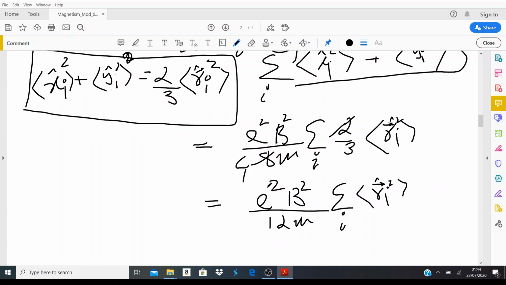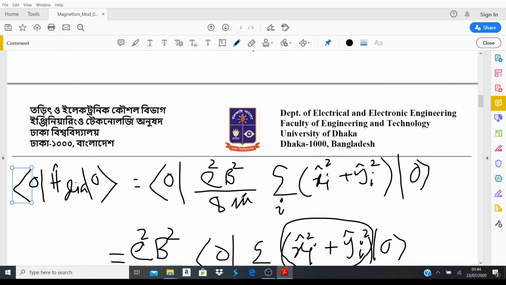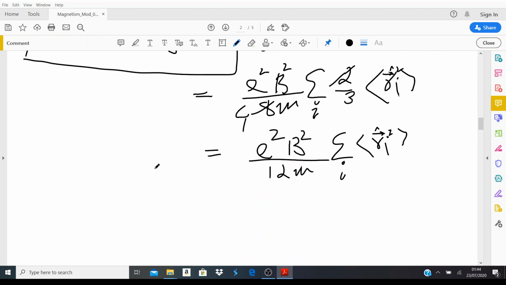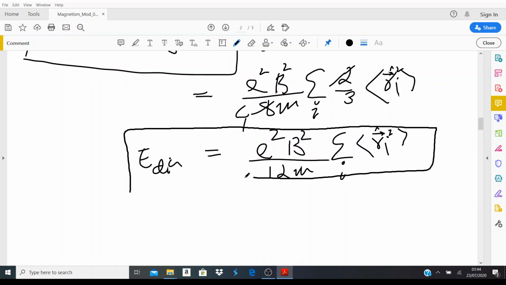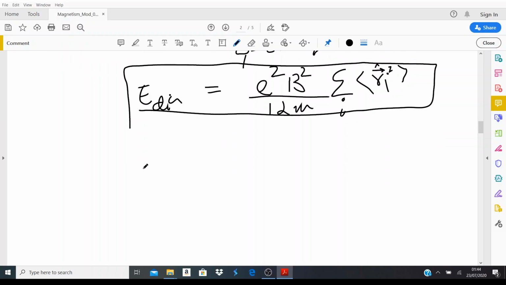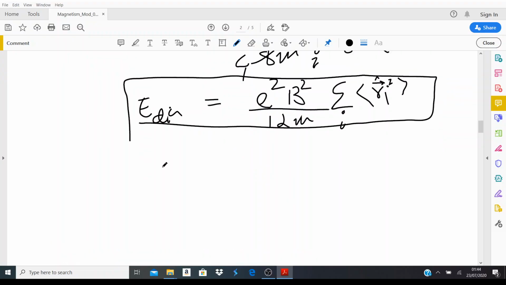Okay, that's our expression for the energy. That's E dia, the expectation value of the energy. Nice. The next question is what to do with this value, right? Now,